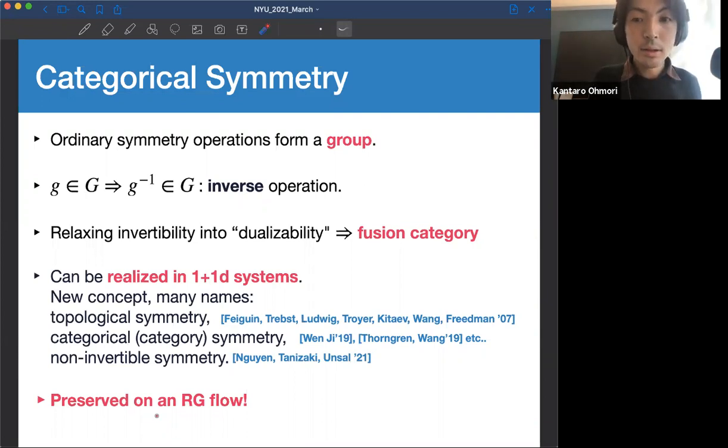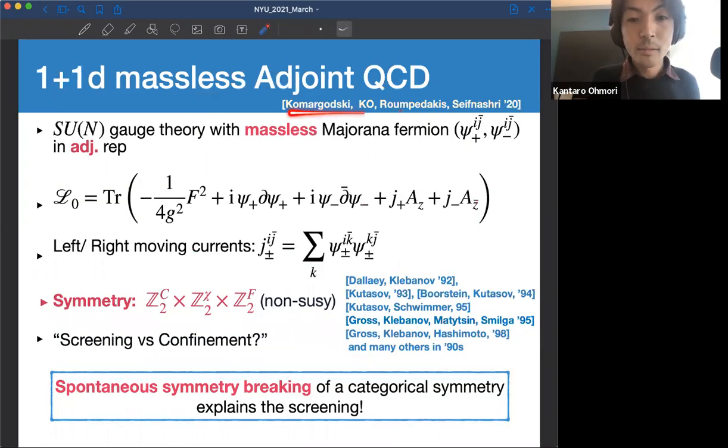Okay, so our contribution was, having found a particular categorical symmetry in a gauge theory in 1+1D, that is the massless adjoint QCD. So the gauge group is SU(N). The fermions are 2D Majorana fermions, but in the adjoint representation. In usual QCD, it's in the fundamental, but here I'm taking the fermion to have fundamental and anti-fundamental two